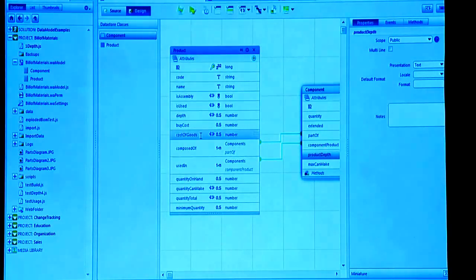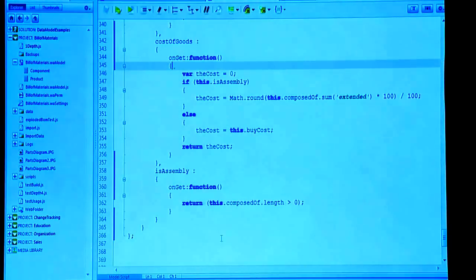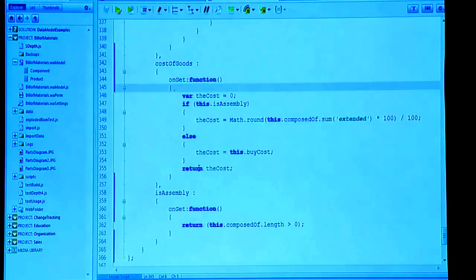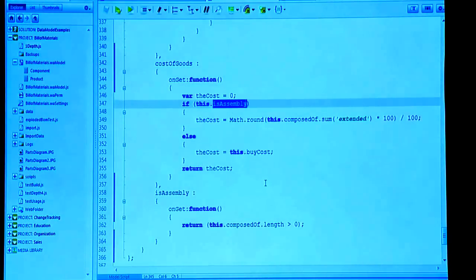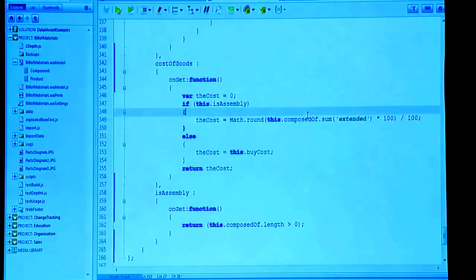Let's show you something really serious now. Cost of goods. We used to have to do this in a batch job at night. Okay? I'm going to show it to you, and it's going to run live. Here's cost of goods. Here's the code on get. Well, what's it do? Once again, it needs to know if it's an assembly. If it's not an assembly, it's just going to return the buy cost. That makes sense, right? Because if it's something we buy then. Otherwise, I'm going to